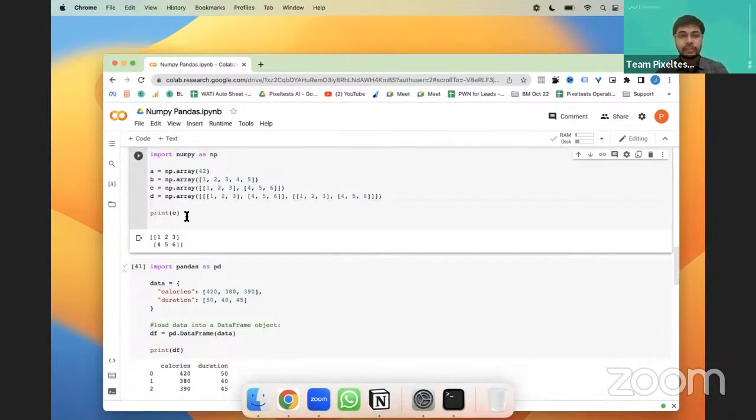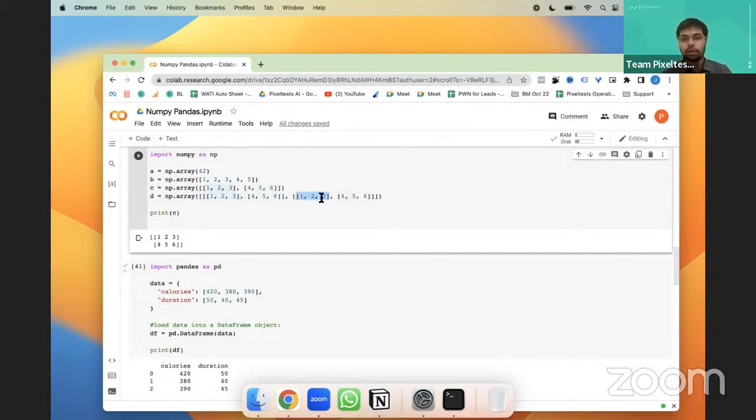Similarly, if you want to create a depth also to it, not just length and width, then you create it in this particular fashion. First you give a 2D array and then you close it, then you give another 2D array, right? So this is one particular array.